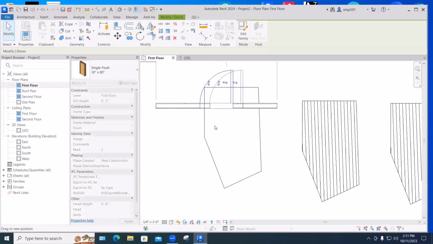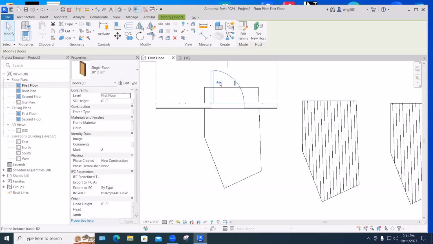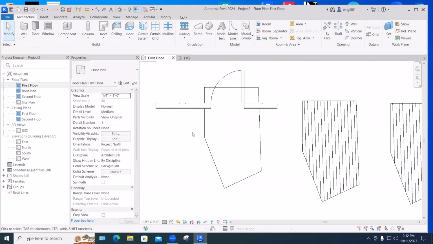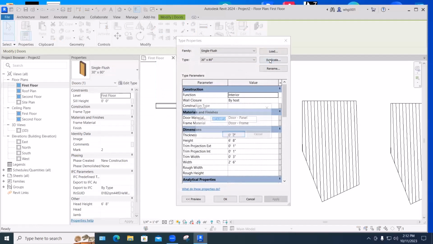And I can move that just by selecting it and dragging it. And we can use its flipper arrows to do whatever we need in terms of location. And then if this wants to be a different size door, normally they come in 2-inch increments. But if it's a historic home, this is 33 inches, and we need to make this door 33 inches wide, we can select it, and to make it 33 inches wide, easy, pick it, edit type, duplicate, make it 33,